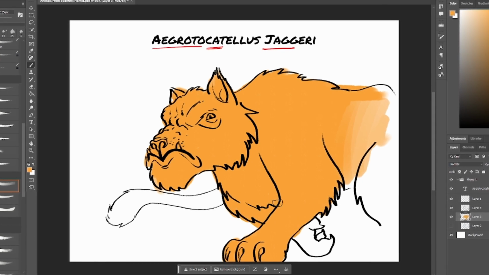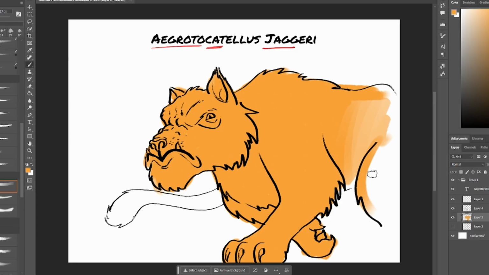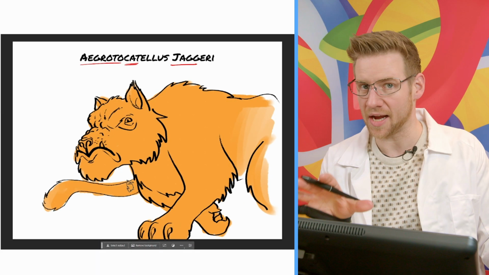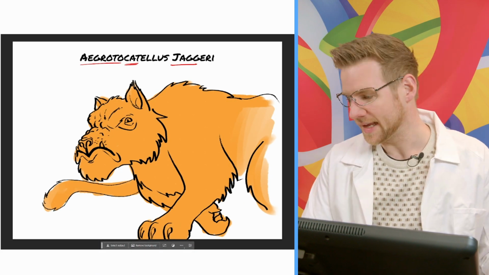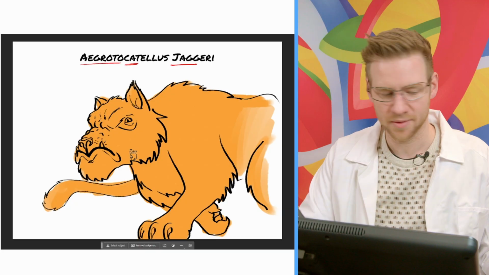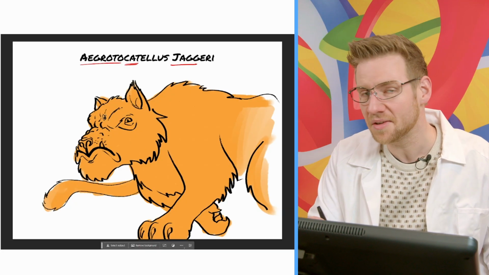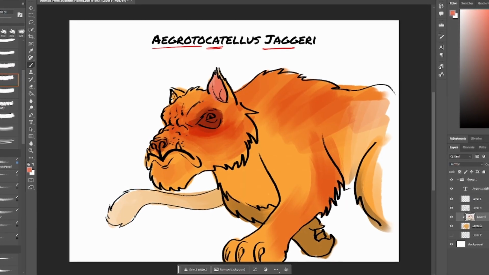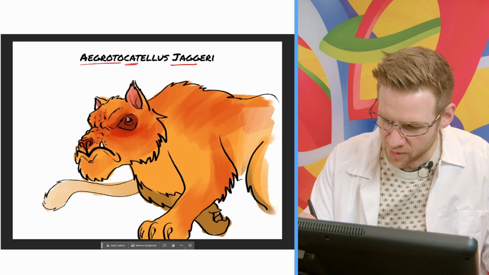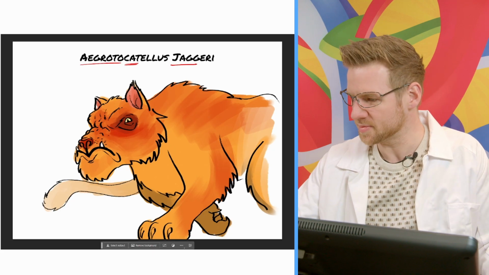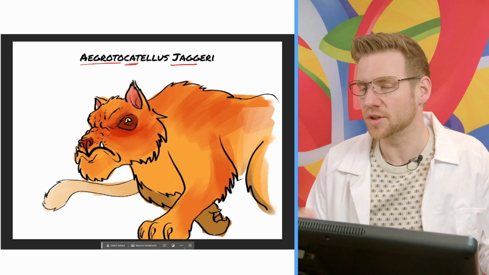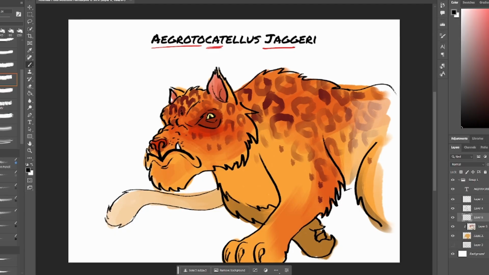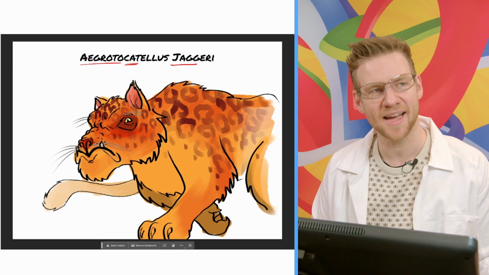Now again, this is rough as hell, but I can use that as a clipping mask and then use my oil brush to add in a little bit of color variation. Okay, so jaguar, agro. It's the jaguar orangey, but instead of black dots, it has red, because red's an angry color. He's basically got steam coming out of his ears. Let's go some bright yellow tigery eyes in there, and last but not least, we've got to get our jaguar-y spots in. But as per the rest of the animal, these are going to be in a nice red hue. Yeah, there he is, the